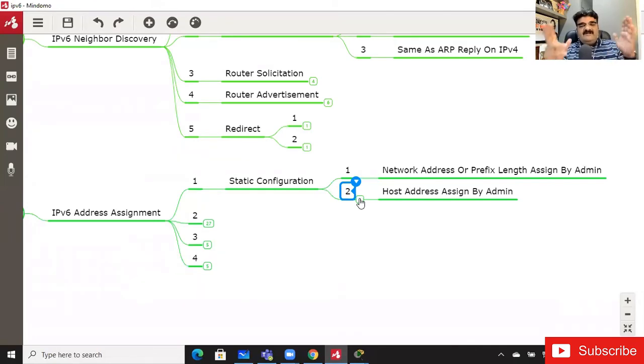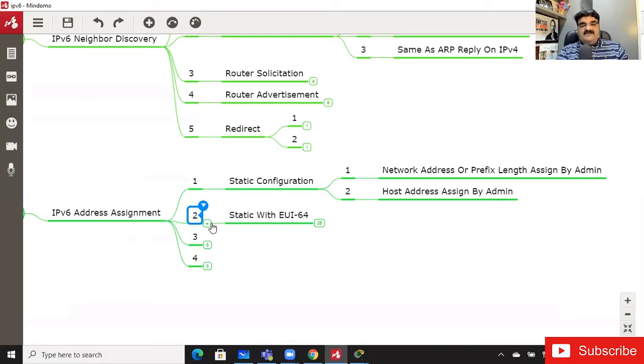So the total 128 bits will be assigned by the admin itself. Static configuration is very easy, but you have to take care of this 128-bit IP address.